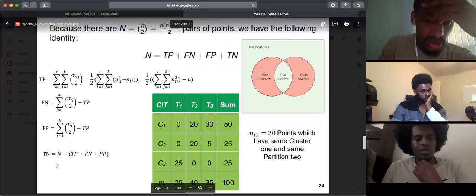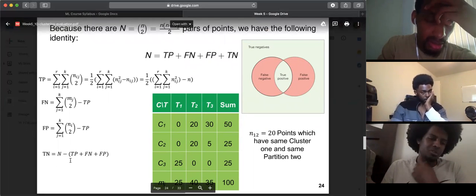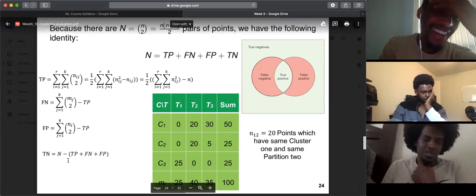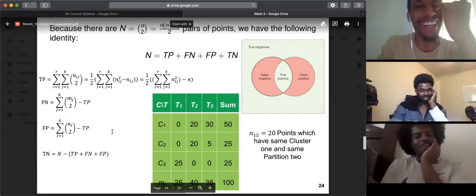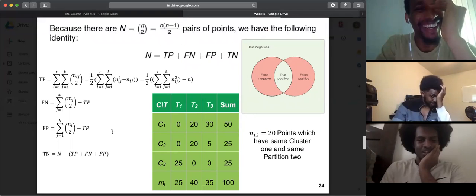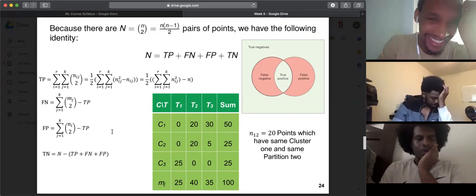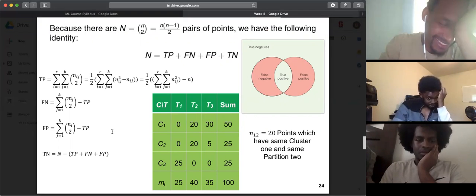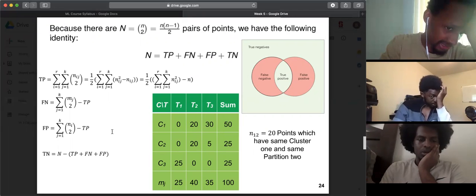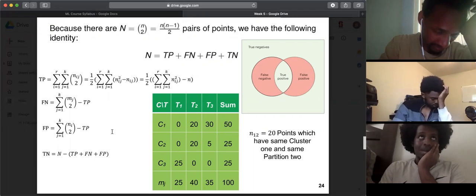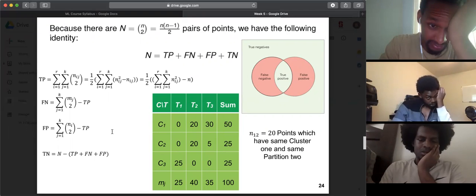Oh, so you can see how they calculate true negative. This makes the most sense. Well, yeah, but after you get all the other numbers. The other numbers, yeah, not so much. And oh, okay. So false negatives are taking your m_j, which represents